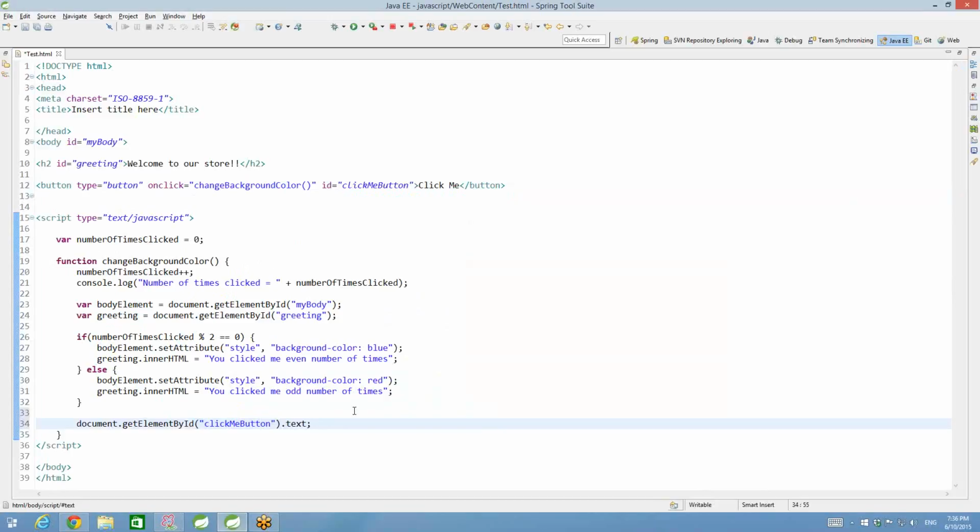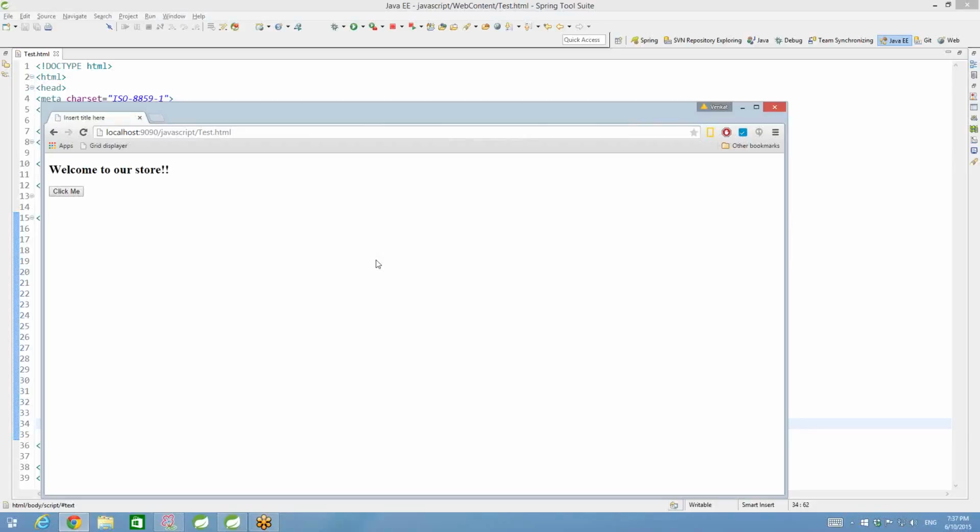Okay, if you want to see what's out there, if you want to read it, you can just alert whatever that element text is,